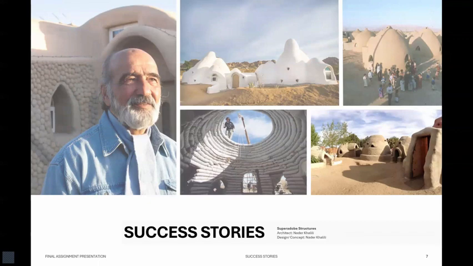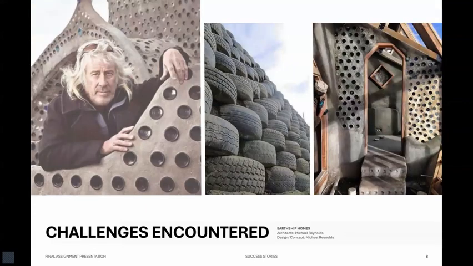Another success story is the Superadobe dome structures by architect Nader Khalili. This is a collection of many projects throughout the world where this architect, who worked in corporate, decided that this was not fulfilling his life purpose, and he started to experiment with different prototypes using rice bags and filling them with the earth beneath his feet to create these very interesting dome structures that people are able to build. He gave people the opportunity to build affordable homes that can be built in community, can foster community, but also gives owners, again, that sense of ownership and pride because they were part of the design and the building process.